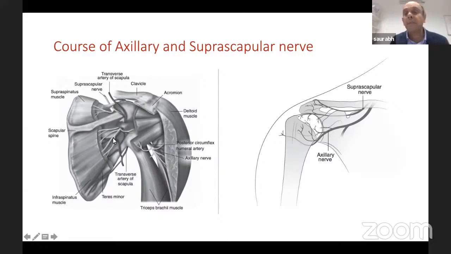So again, if your posterior portal is too medial, then this nerve can be in danger, but it has to be really medial for us to cause it. Other relevance to the anatomy is if your anesthetist is not keen on an interscalene block or a supraclavicular block, then you can block the suprascapular nerve yourself.